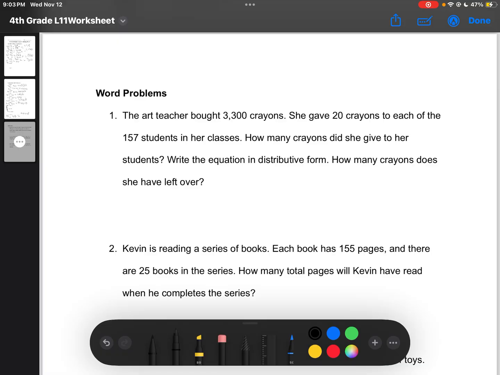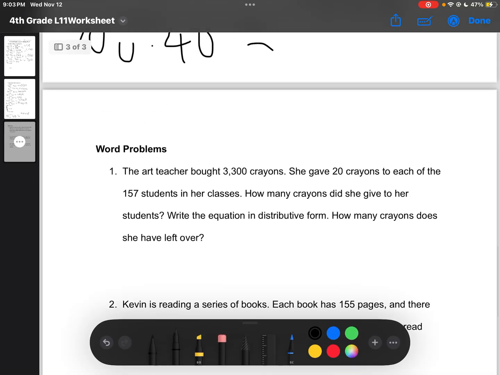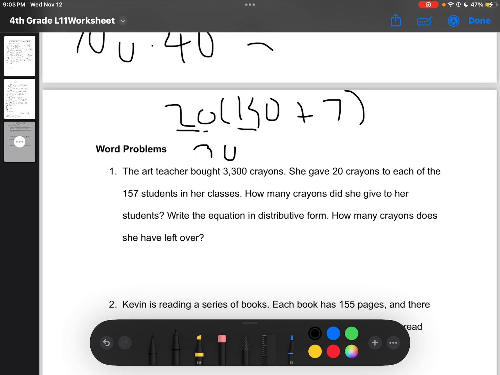Alright, it says write the equation in distributive form. So how will we do this? So 157. I'll write at the top: 20 times 150 plus 7. Alright, so then let's solve it. 2 times 15 will be 30. And there are 2 zeros, so we'll just add them. So it'll be 3,000 plus 20 times 7 will be 140. And if you add those, it will be